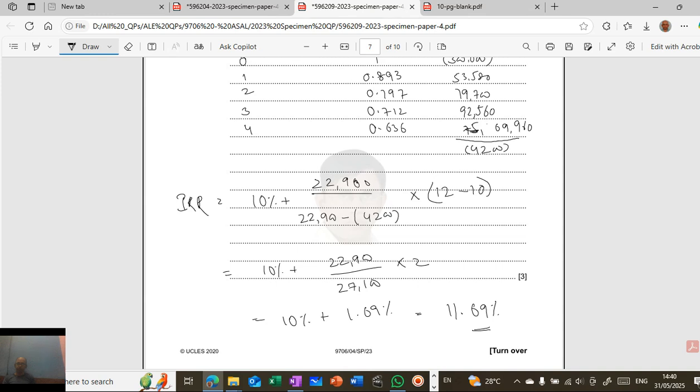Correct. I was doing the whole thing together, like you can do 10% plus also this 22,900 into the whole 2 thing together, divided by this also. No, but then I'm getting 2.54%. No, then you ignore the percentage, you keep the percentage aside. You keep 10% separately. You do 22,900 into 2 divided by